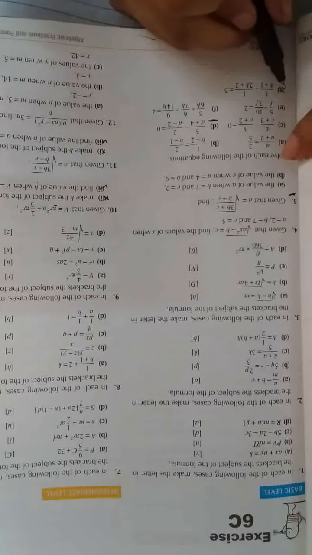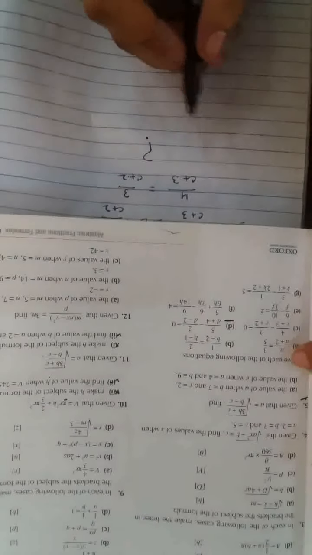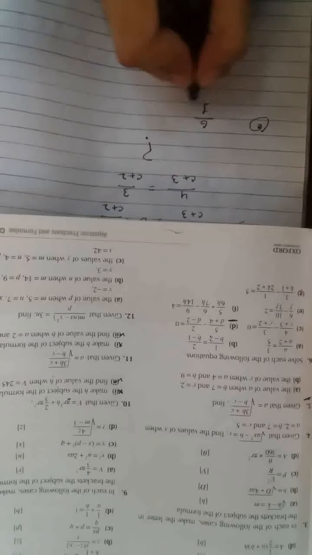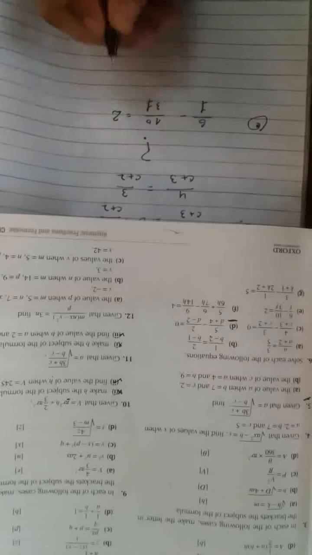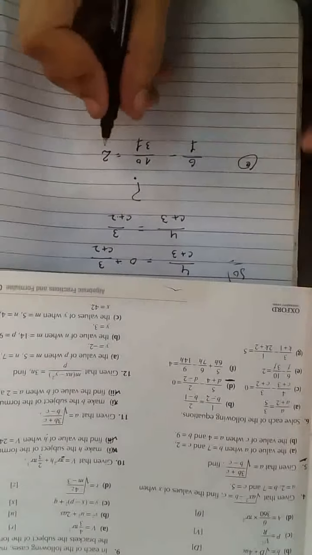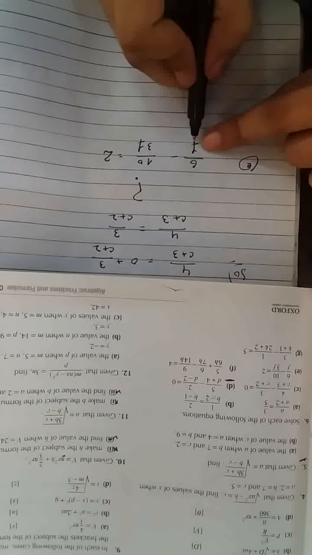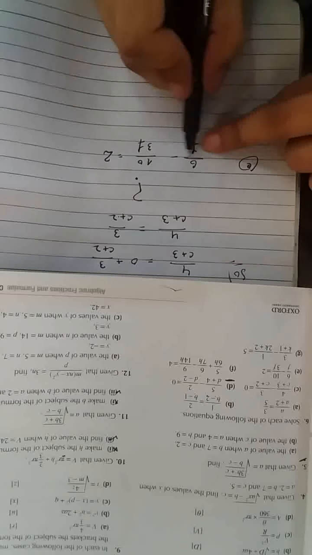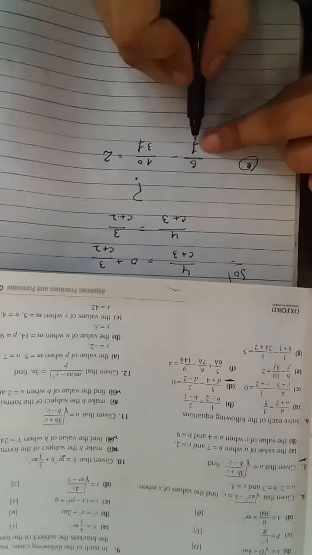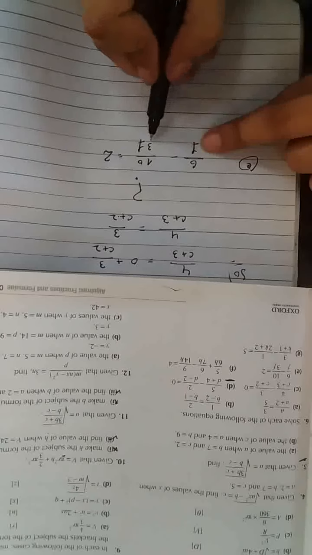Now you come to E part. I will tell you about E part. E part is 6 divided by f minus 10 divided by 3f equal to 2. First we take the LCM because these denominators have f and also f. That's why we solve these two fractions. Got it? Now we take the LCM of the denominators f and 3f.